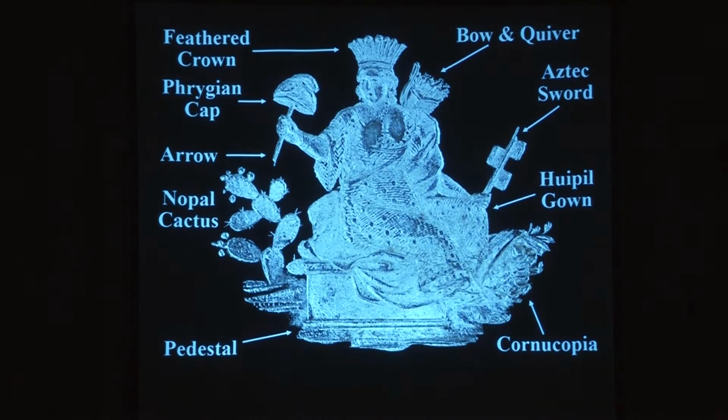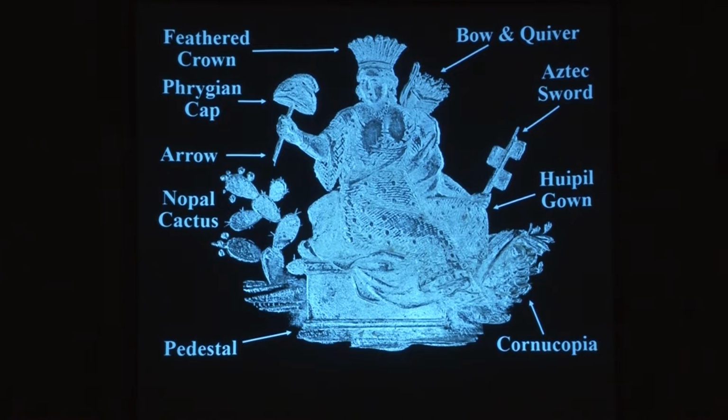But in the meantime, let's take a quick look at what she's got going. Here's her pedestal. Here's our nopal cactus, emblematic of Mexico. This is an arrow. How do we know? Because on coins it's fletched, right? That's a Phrygian cap, which establishes her not just as native Mexico, but as what? Freedom. Freedom, liberty, okay? She has her feathered crown, her bow and quiver, and that is a macuahuitl, which is